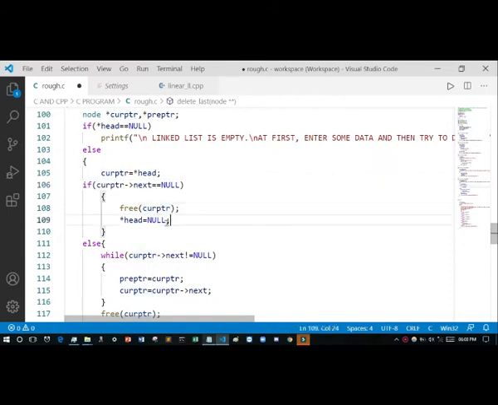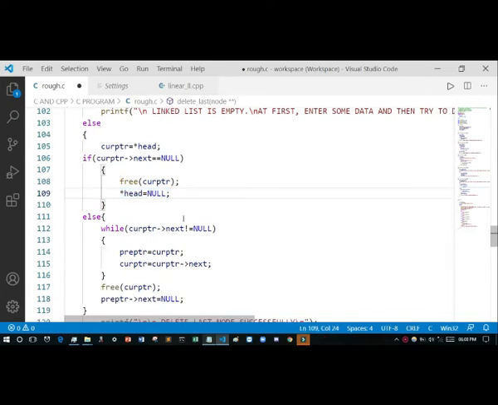And then star head equals to what? Because at first only one node is present, and then you delete this, it means your linked list is now empty. For this reason I have written star head equals to null.